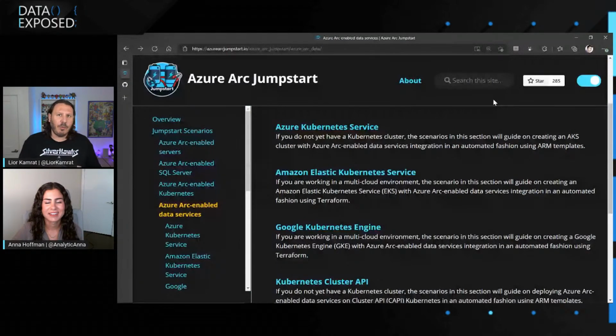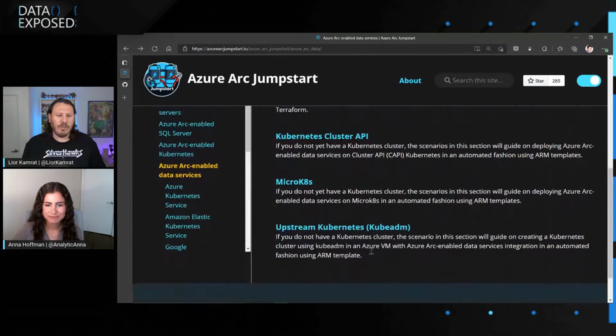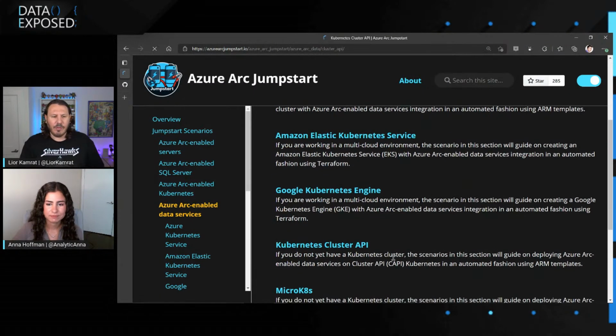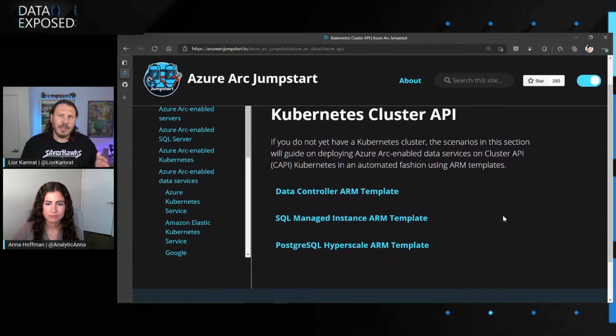This is the homepage for the Jumpstart project, and I just wanted to open the data services page. So as you can see, these are all the Kubernetes flavors that I was mentioning in the release notes overview. And these are the Kubernetes flavors that we support. So you can see, if I just go to Kubernetes Cluster API, you can see that we have the